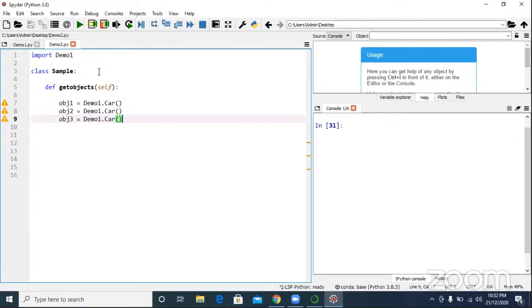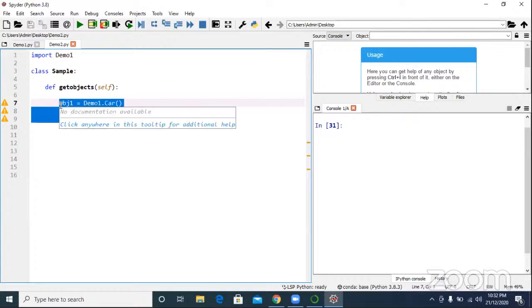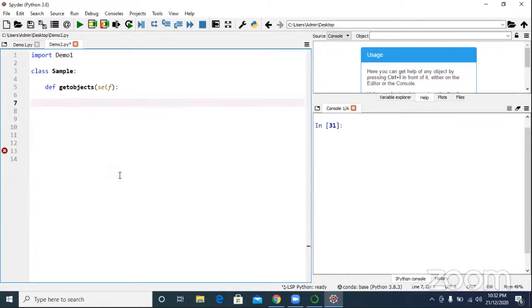Are you getting it? You can go by iterations, I think. For instance, for object 1, you can give 0 and then object less than, and i plus plus, like what we do in Java, but I don't know how here. Can you tell me? One second. Yeah, we will try. First, tell me your pattern. We will try. Yeah, tell me.